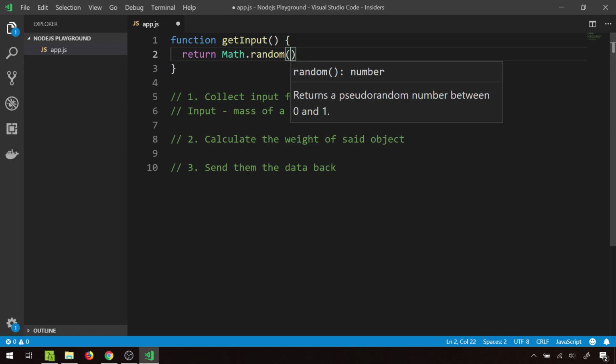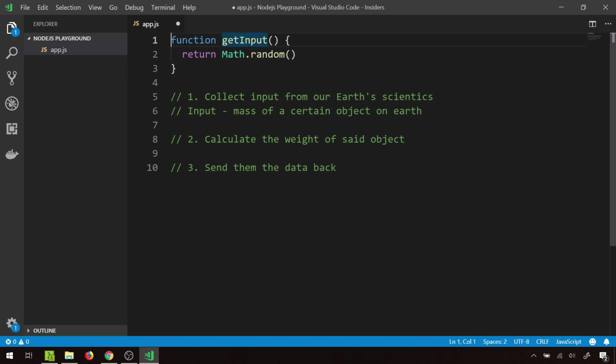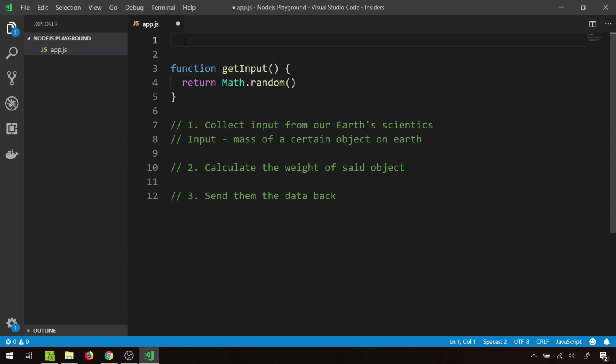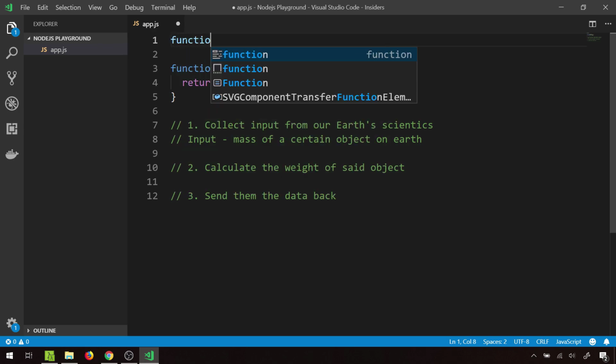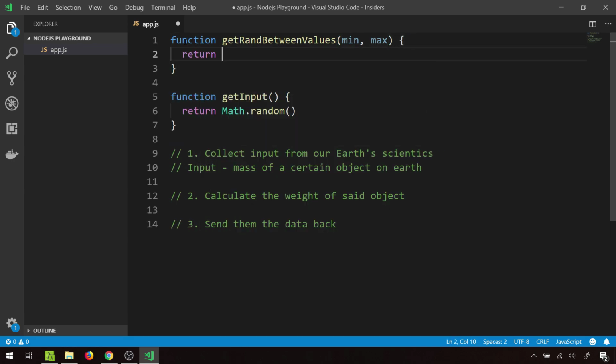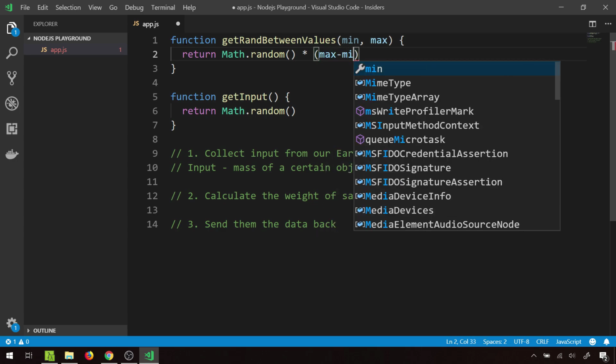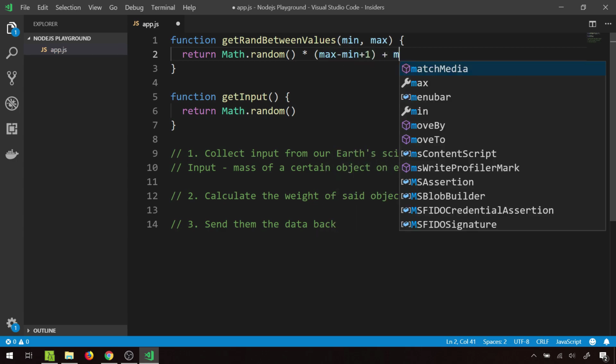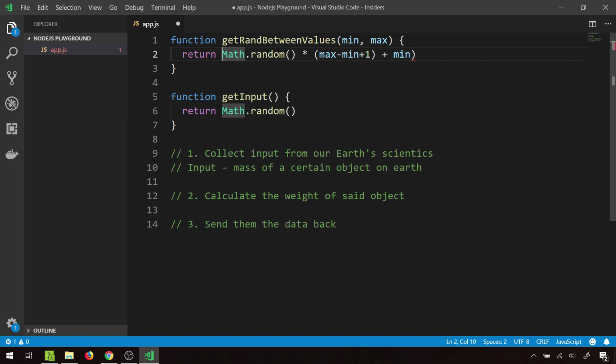Well, that's no good for us because we really don't want to receive a 0 as a mass, and 1 is simply not that interesting, so we need to step aside for a moment and build a function that will get us a number between two different values. So we're going to say something like function getRandomBetweenValues, and then we can say min and max like this, and then this function over here will return Math.random once again, but then we need to multiply this by max minus min plus 1 and then plus min, and we also need to floor it,